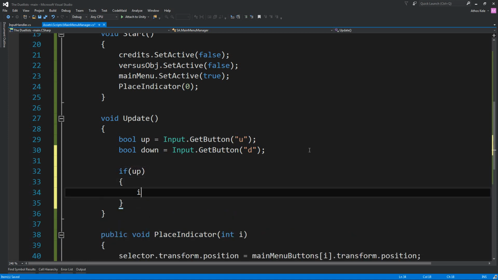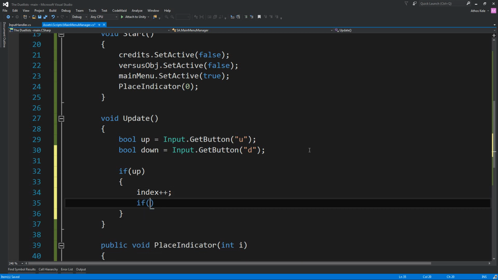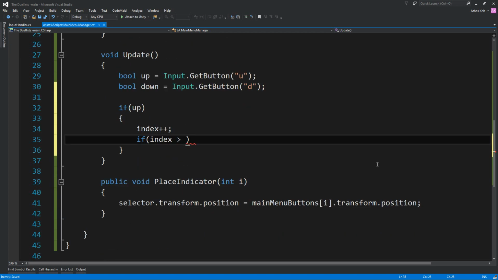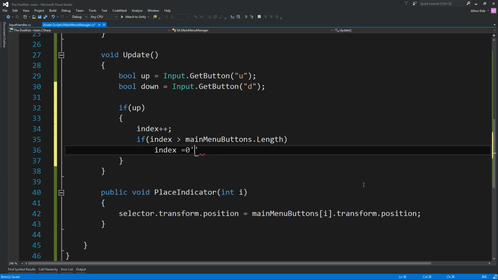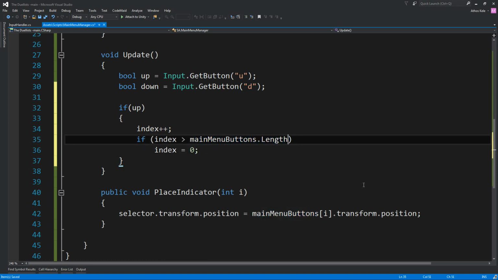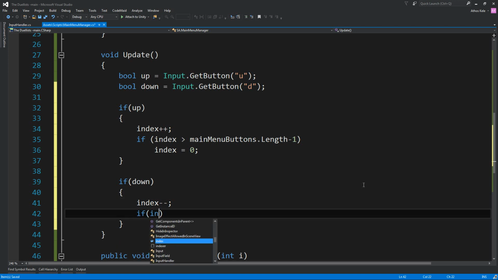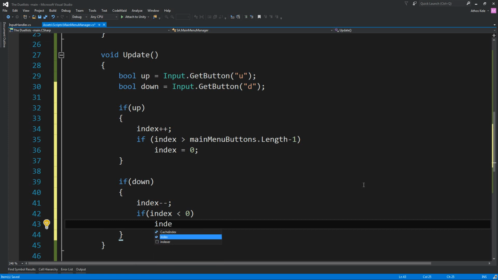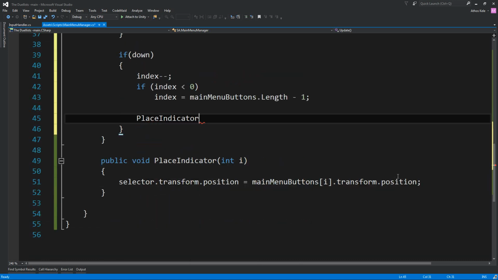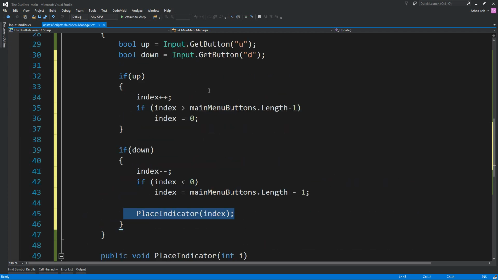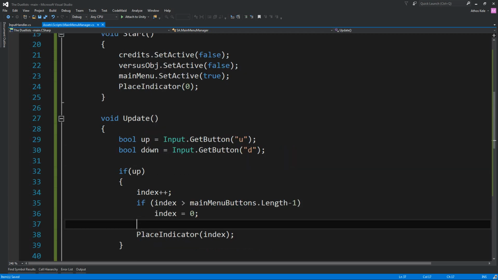If up, index plus plus, if index is greater than the main menu buttons dot length, index equals 0. The above one should be -1, and yeah, that will be correct. If down, index minus minus, if index is lower than 0, index should be main menu buttons dot length -1, and of course place indicator index. Okay, this will be